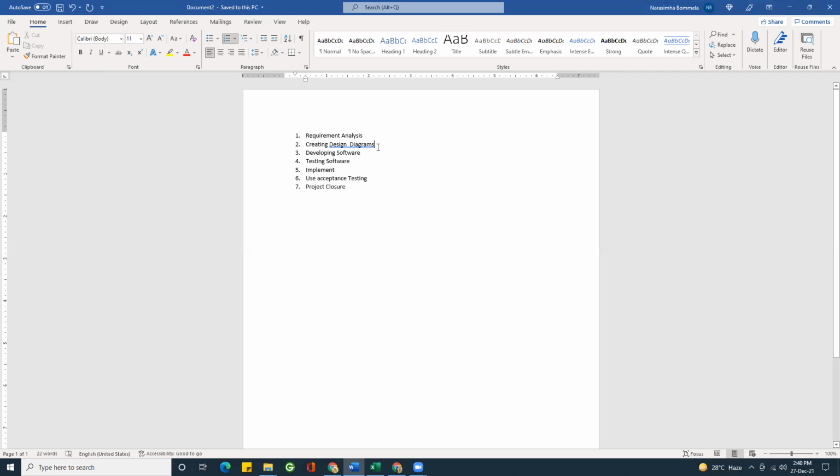After the design diagrams activity, we will be ready with system prototypes and blueprints using which we will develop the software. After the software development activity, we will have software that is ready and can be implemented. After testing, we have software that is free of errors and bugs and is properly working. After the implementation phase, the software is really implemented for some XYZ organization, and that organization can use it. That is the outcome. For user acceptance testing, there will be test results based on which we can decide whether the user is happy or not.